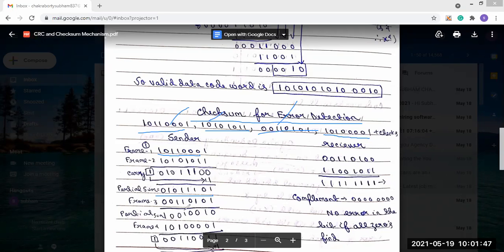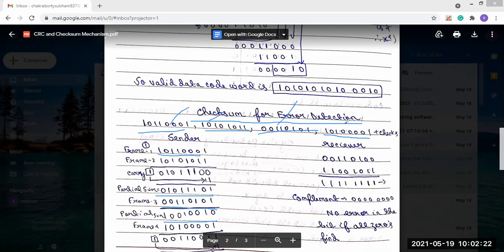Then with this, the third number should be added. After adding the third, we get 110 110 carry 1 and so on, with the carry added back each time. So this is the binary addition. After adding these 3, we get 100 100 10.